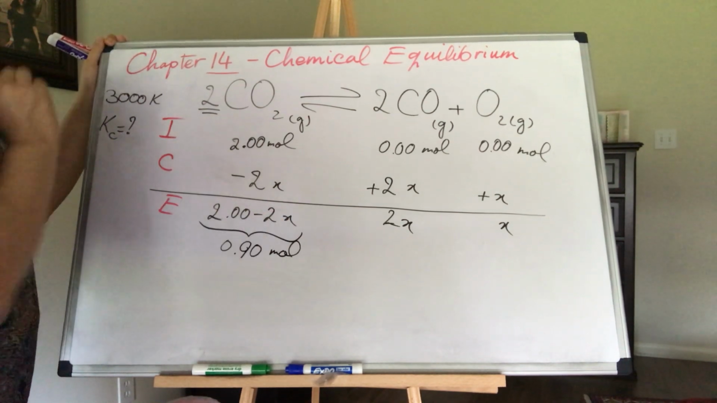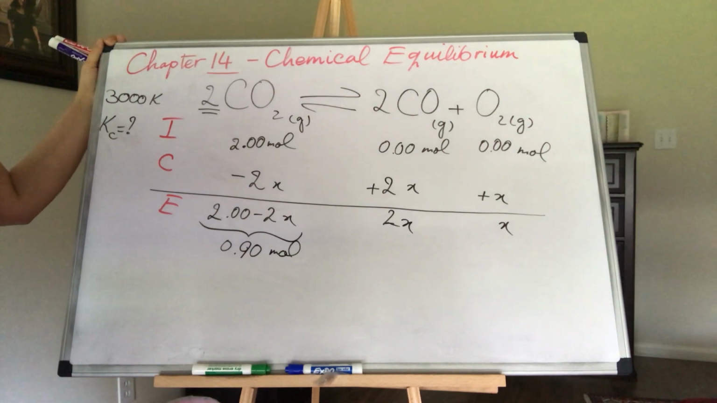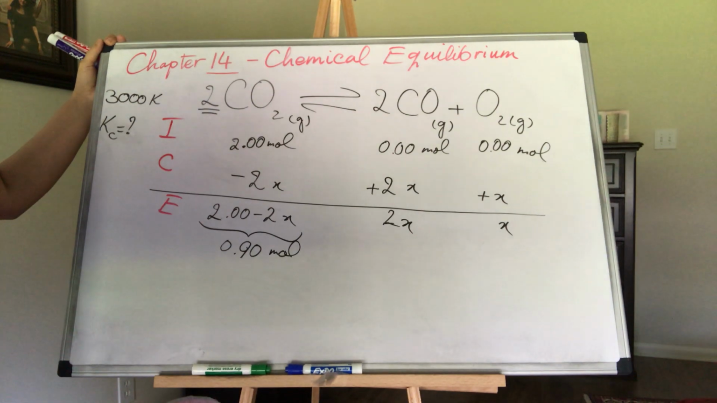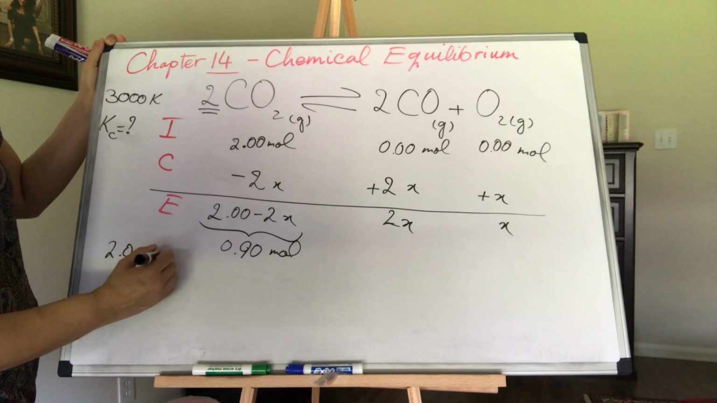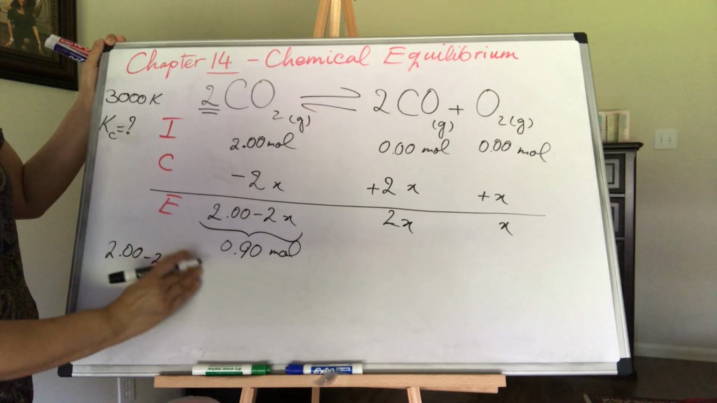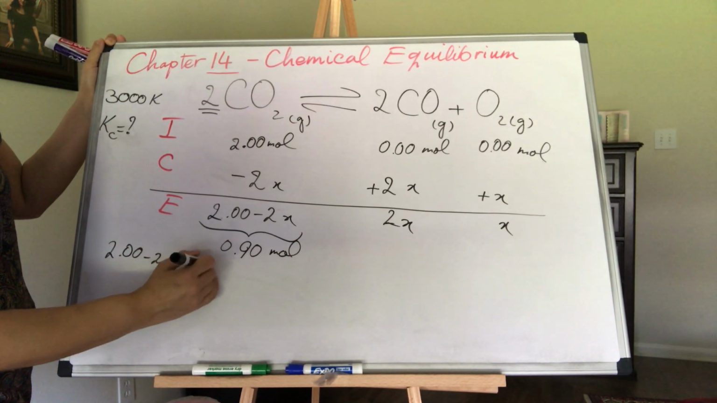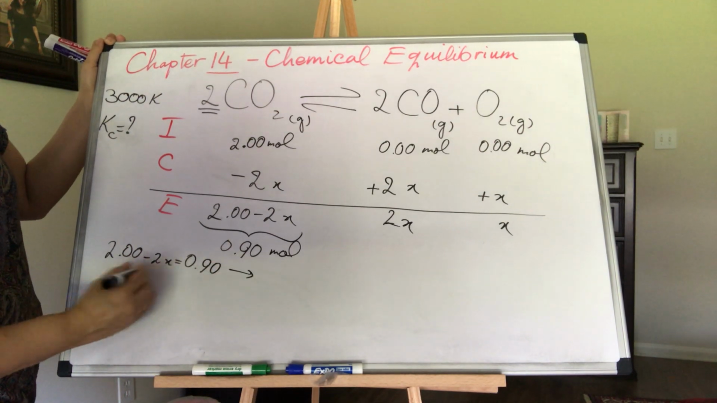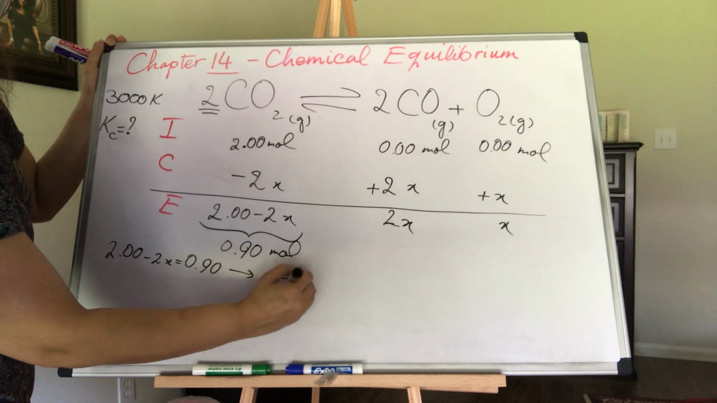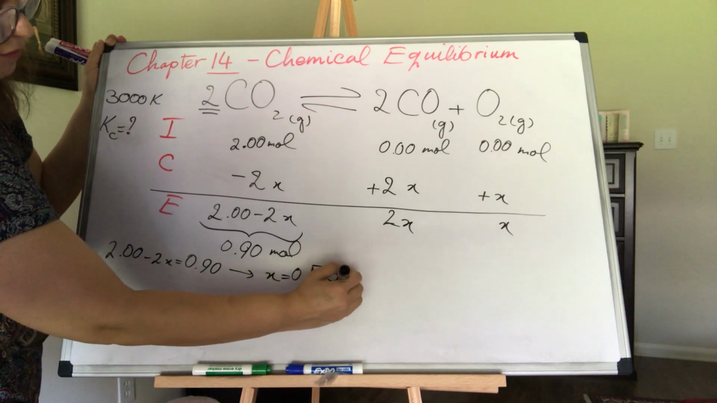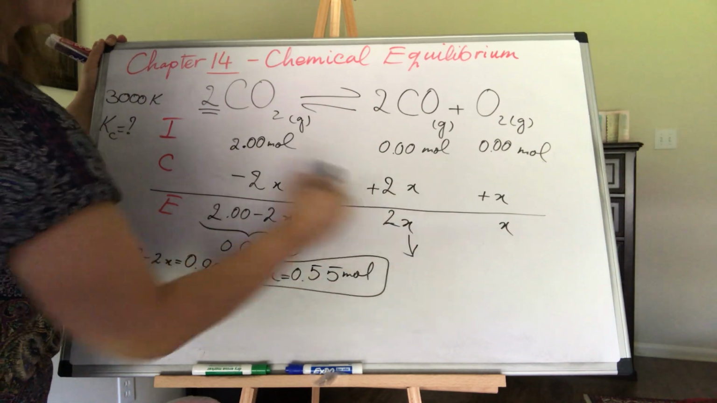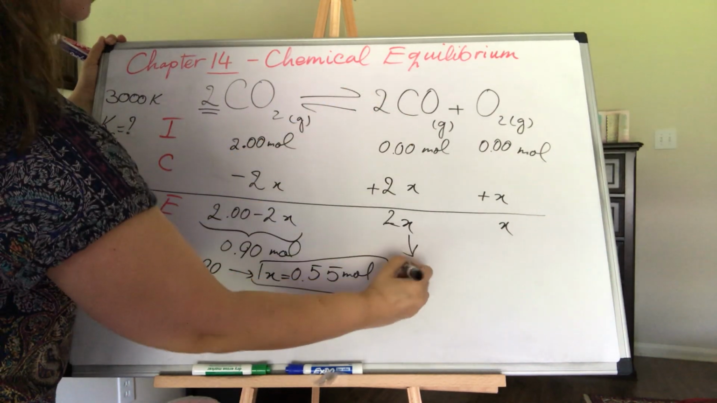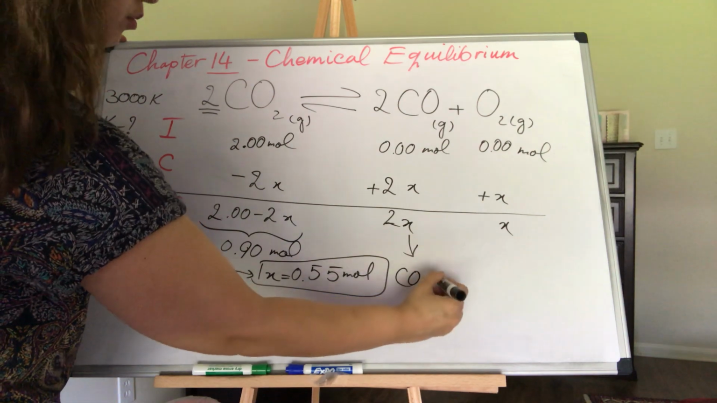2 minus 2x is 0.90 moles. So now we can find the amount for x. If 2 minus 2x is 0.90, then x is going to be 0.55 moles. Now you can find the amount for carbon monoxide, which is 2 times